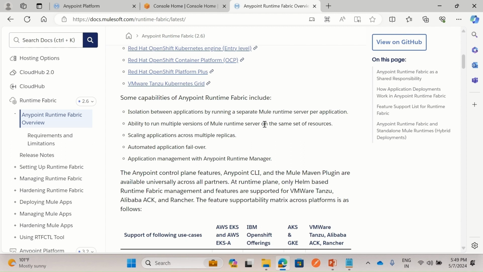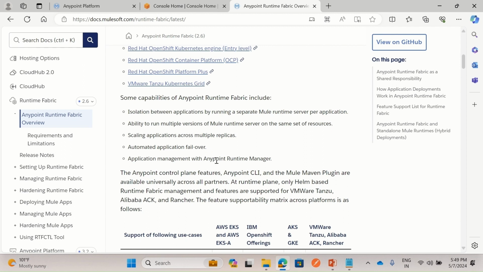Some of the applications can be deployed on MuleSoft runtime 3.9 or 4.1, and others can be deployed on 4.6, 4.5, etc. It also provides scaling of applications across multiple replicas, so you can scale the applications horizontally. Runtime Fabric also provides automatic application failover,